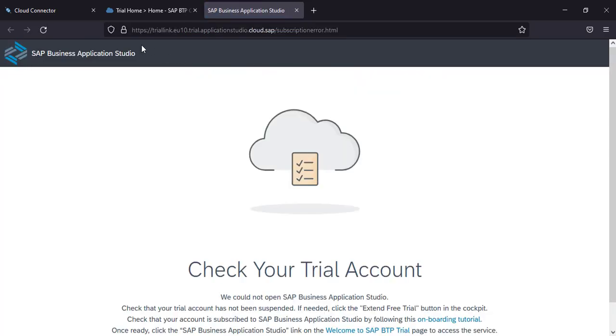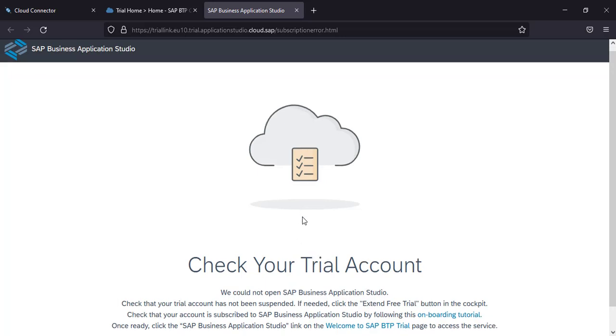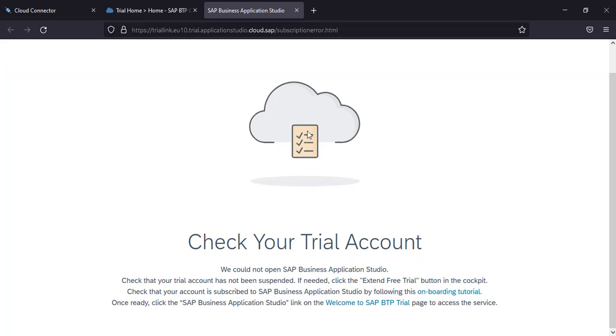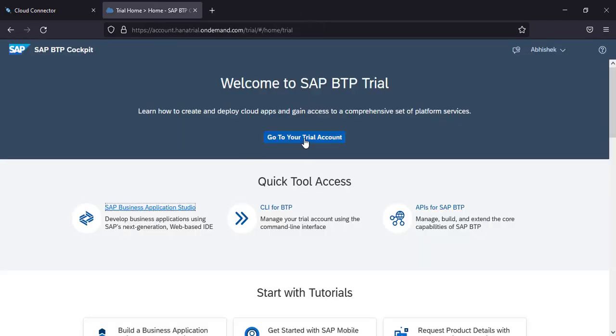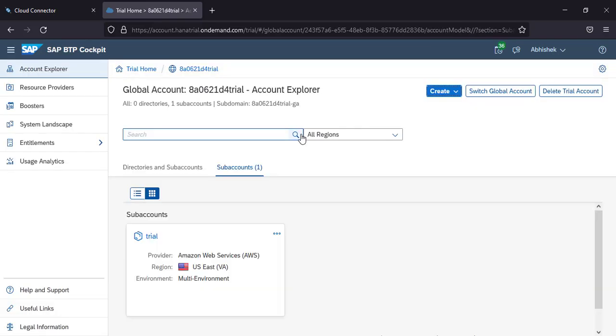it's trying to connect to Business Application Studio for your trial account, and it's not getting anything. It means your account has not been subscribed for the Business Application Studio. Okay, so we need to first subscribe to it, and then only we will be able to use it. Okay, so for that you need to click on go to your trial account, and this is our trial account